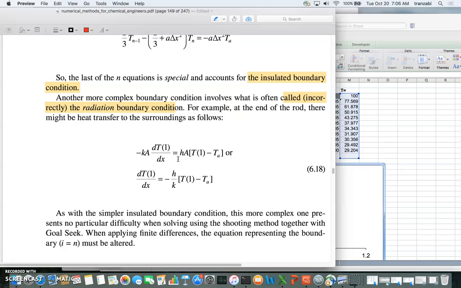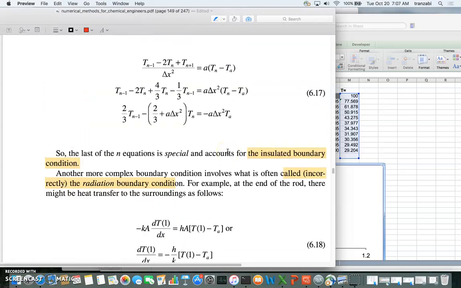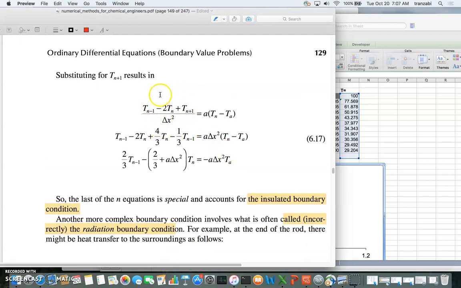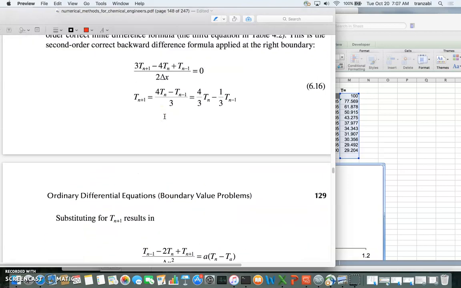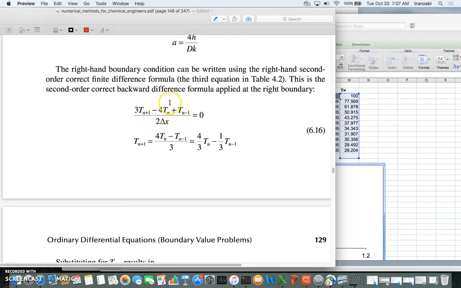And this time, the derivative is not equal to 0. Let's say dT/dx at x equal 1 is a function of T1. So this time, we discretize this using backward difference as before, exactly like this. So this is the backward difference version of dT/dx. This is equal to now